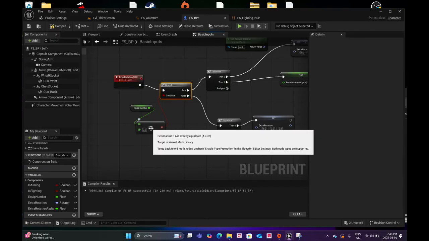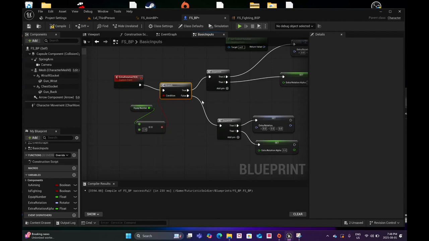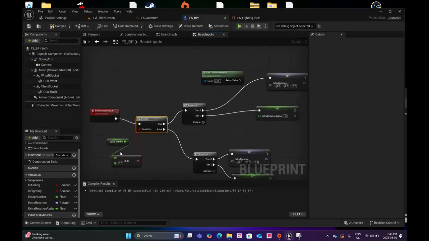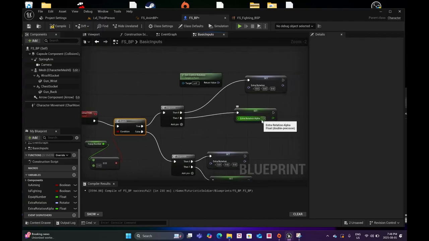He's either in just regular mode, either the idle block run mode, or he's in fighting stance. If that's the case, if it's false, then extra rotation is set to 0, and extra rotation alpha is also set to 0. If, however, equip number is 2, or he is aiming, that means extra rotation alpha is set to 1, and extra rotation,